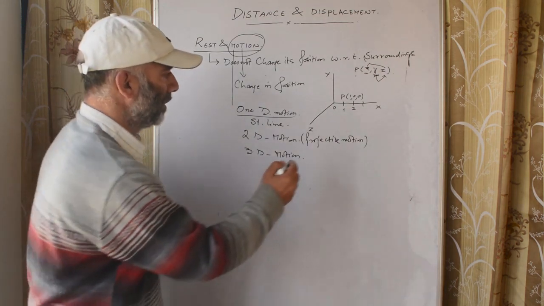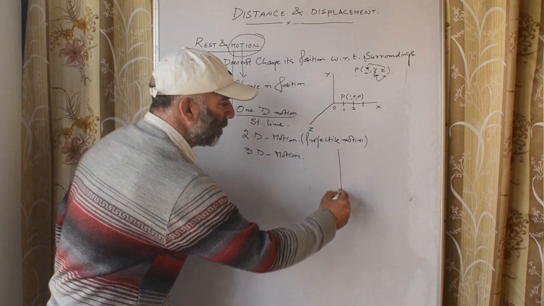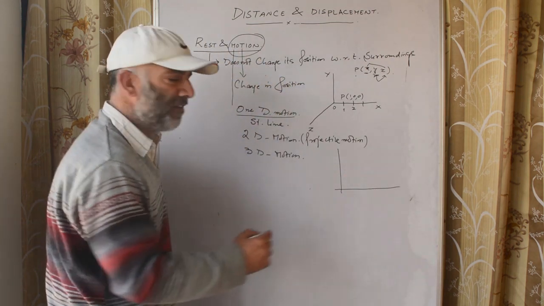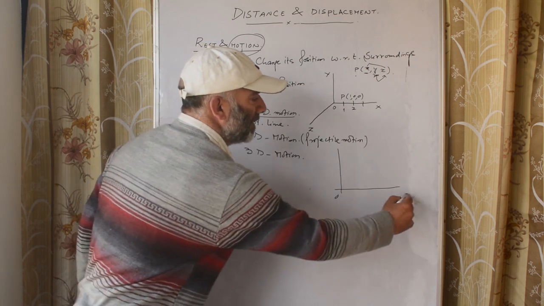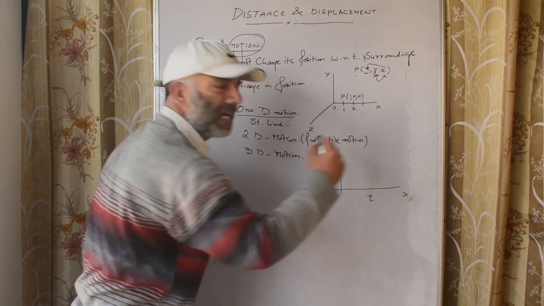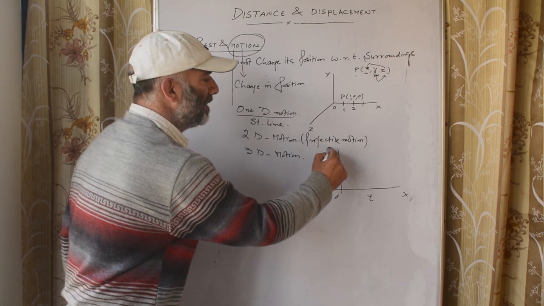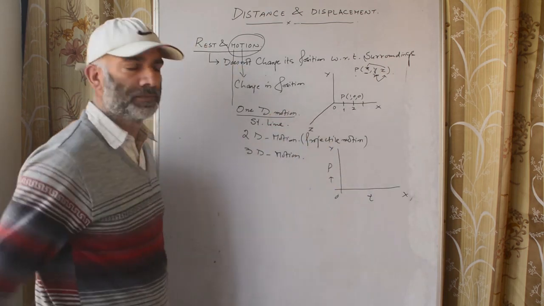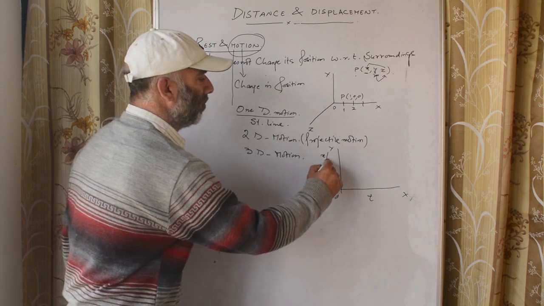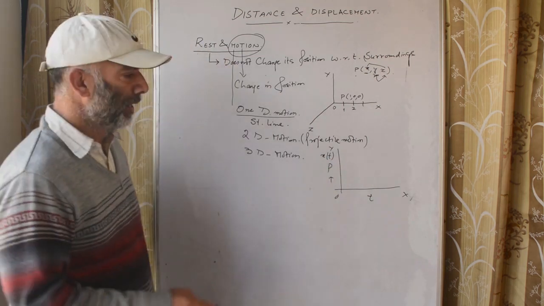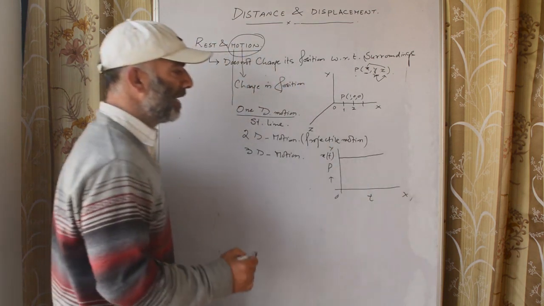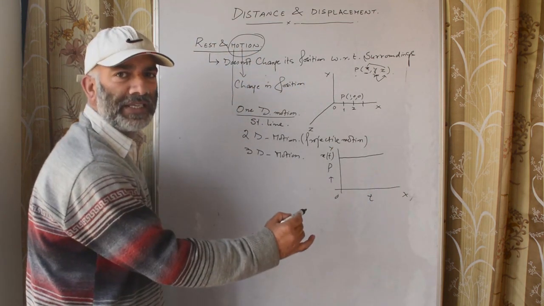Now, students, try to understand the concept with the help of a simple graph. Let me draw here a graph. Along the x-axis, let's plot the time. On the y-axis, let's plot the position, x of t. If the graph, position time graph, is a straight line parallel to the time axis, then we